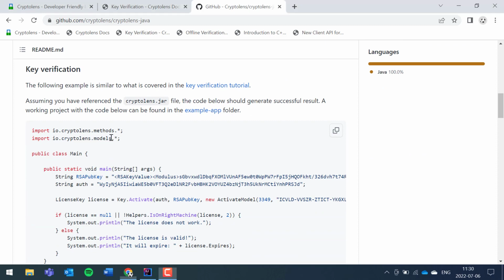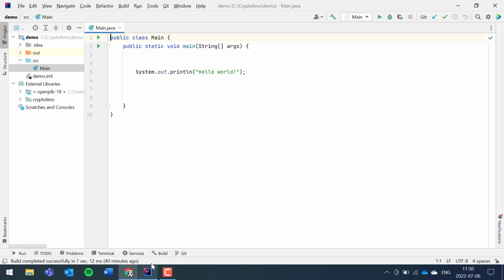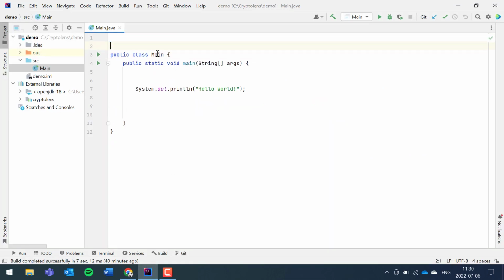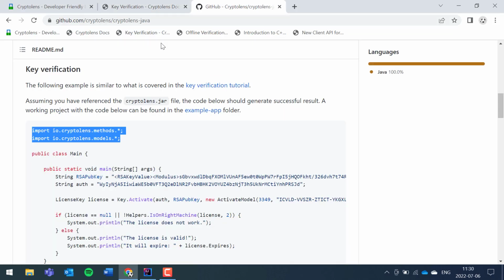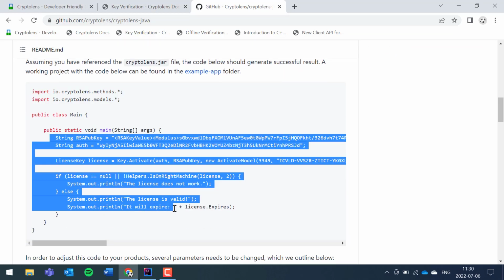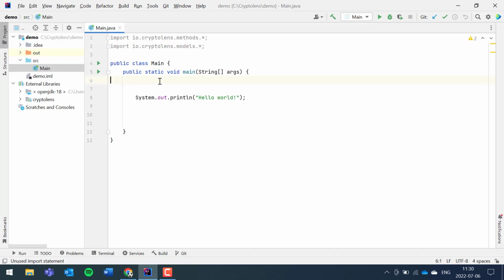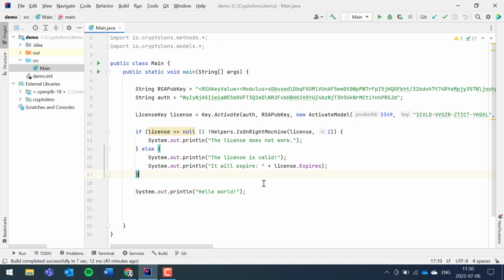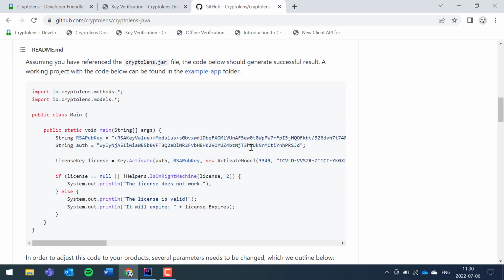So let's start off and copy all the necessary namespaces. I already have a project opened. And then the main code. So that's done. There are four things that need to change: the RSA Public Key, the access token, the product ID, and the license key string. There's also the machine code parameter, but we'll talk about it at the end of the video when we discuss